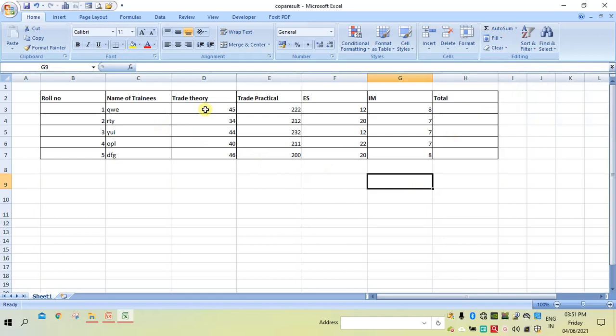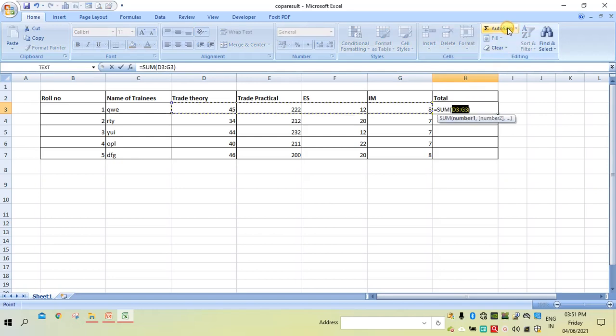Suppose you want to add these numbers and find the total here, select the cell and go here, and then it is selecting the data of this row, and automatically giving a function sum and also specifying the range, that is D3 to F3. Just press enter. This way we can get the total.